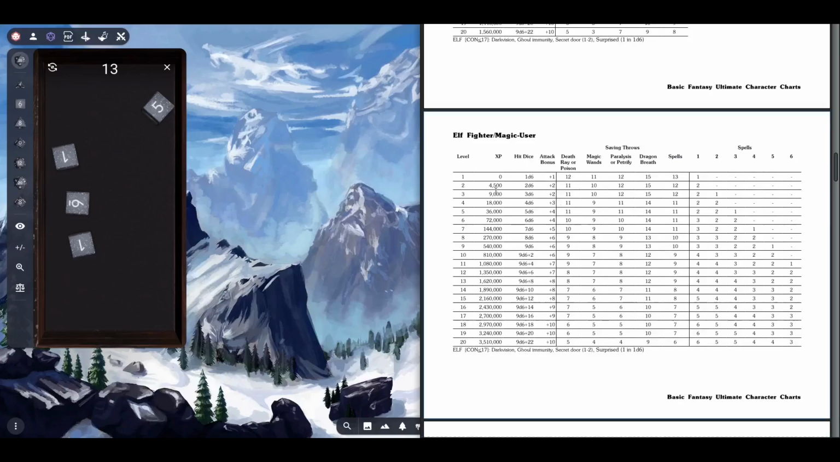It's amazing. So here's our elf fighter magic user chart, and as you can see, it's got it all laid out. I have a 1d6 hit die because elves can't have higher than a 1d6. It's got my attack bonus, it's got my saving throws, and they've already been calculated in for the racial advantages of the elf. So I don't have to pull up the saving throw chart, find my class, and in this case, find the best of the 2